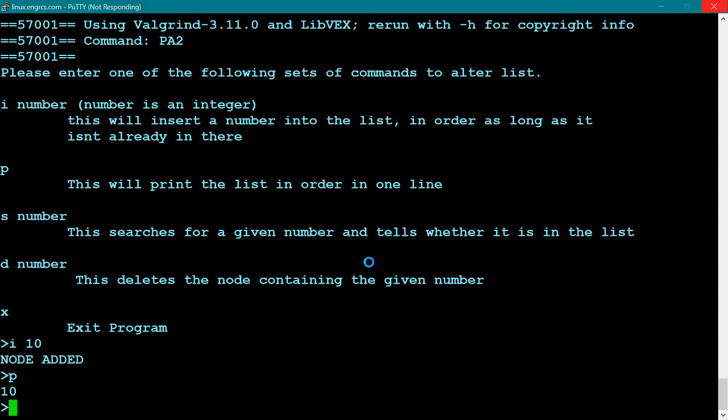And then we delete the 10, and we get this warning from valgrind. And it's telling me that something went wrong inside delete, which was called from main. It's giving me the program counter address, which doesn't really help me. I'd rather see a line number, but valgrind doesn't do that for us. But I know somewhere in delete there's something happening, and it's saying uninitialized value of size 8.